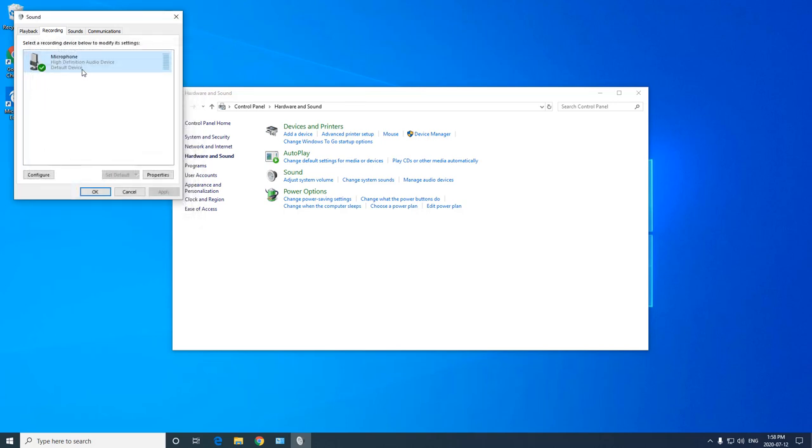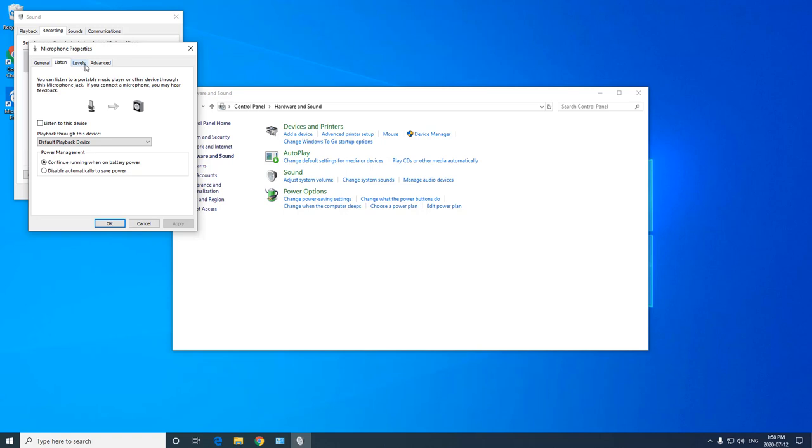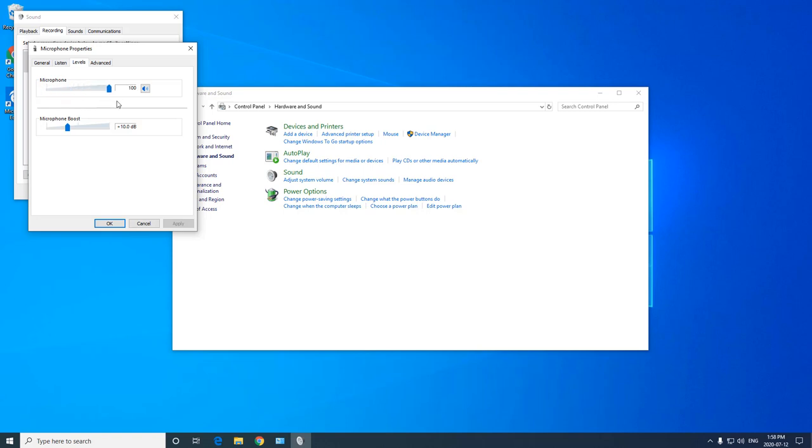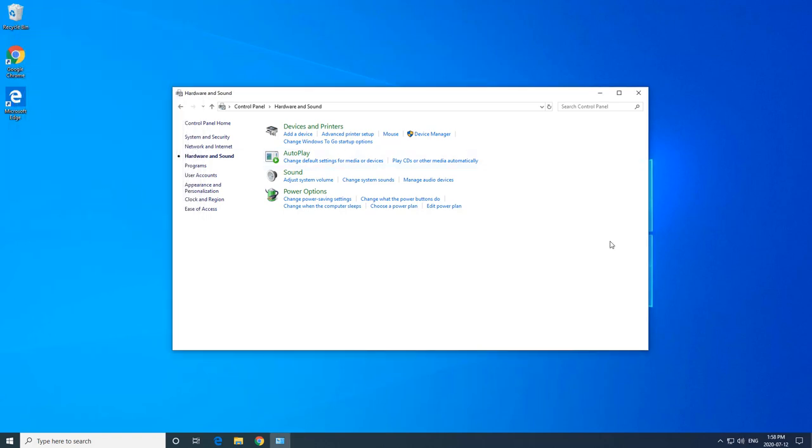You can also maximize the volume of your microphone by double clicking here, going to levels and putting it to 99% or 100%, whatever you want. Sometimes if it goes to 0 you cannot hear anything, so put it to 100. This way you level up your volume.